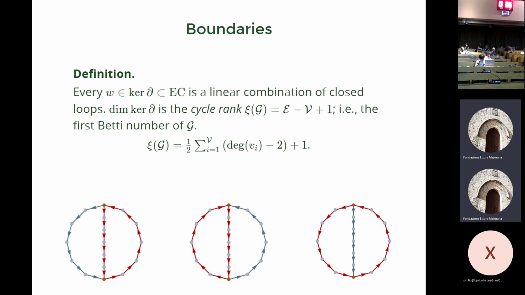Or you can also compute it in this way: the sum of the degrees minus 2, divided by 2, and then add 1. So you can see that the degree 2 vertices don't contribute anything. If I look at this subdivided theta graph, the only things that matter in this computation are these two junction vertices that are 3-valent. So I have 2 of those, and each of those contributes 1. So 1 plus 1 is 2, divided by 2 is 1, plus 1 is 2.